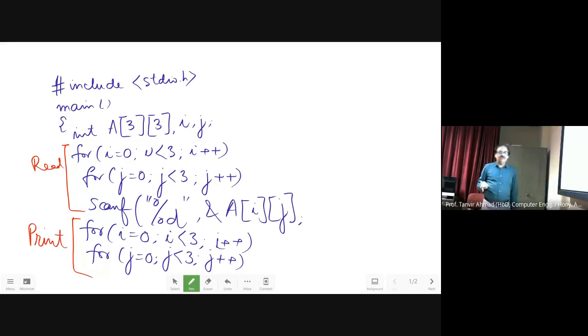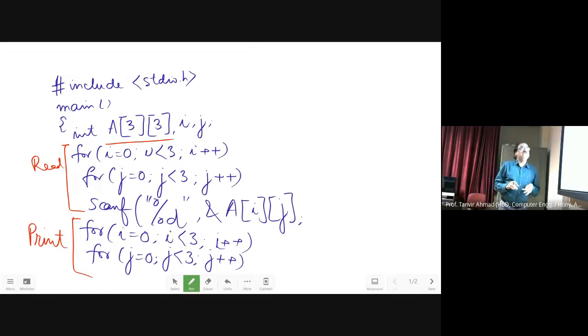Now you might have done this in the last semester. This is simple static allocation of an array where you are using an array A of 9 elements. This is static allocation, and therefore you cannot change the size of the array. Once you write the program, you can only put a maximum of 9 elements into this. Well, I think all of you are clear with this concept, and therefore I don't need to explain this in detail.